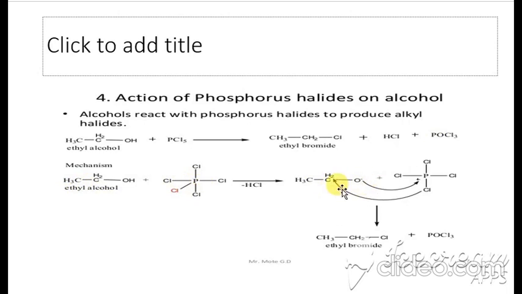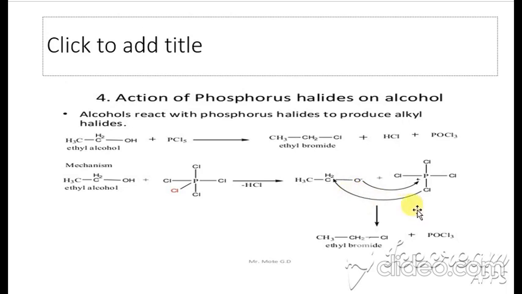Due to the difference of polarity here, again the concept is the same. If there is oxygen, it is highly electronegative. It contains the partial negative charge, and the carbon contains the partial positive charge. In the next lecture, I will tell you about nucleophilic and electrophilic centers, then it will be clear. So this is the electrophilic center. Chlorine from PCl5 easily attacks the carbon and makes the ethyl chloride. A result is how many POCl3?